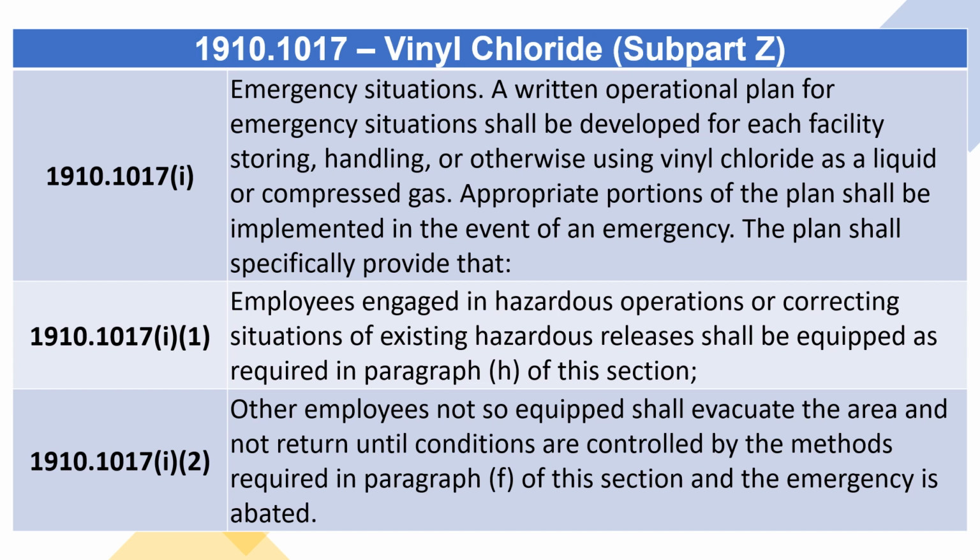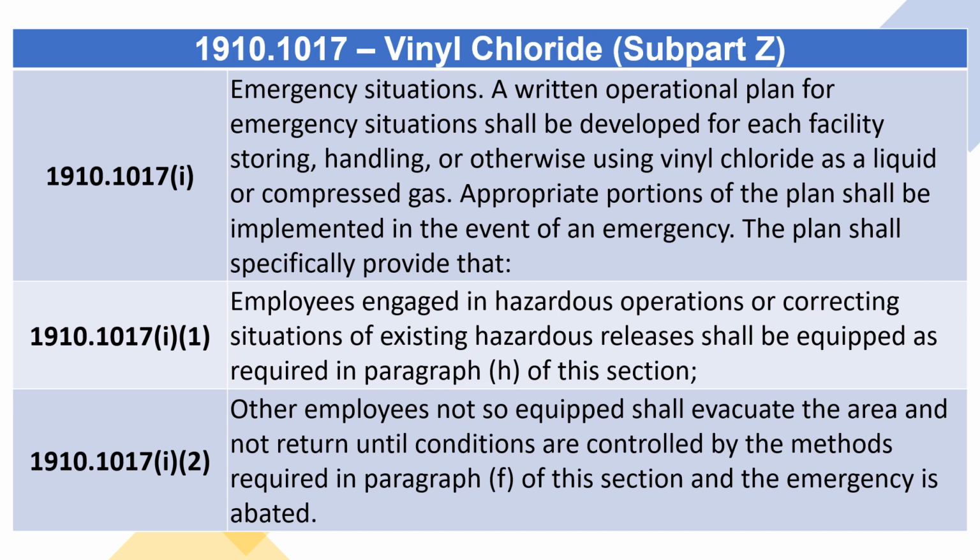1910.1017 I. Emergency situations. A written operational plan for emergency situations shall be developed for each facility storing, handling, or otherwise using vinyl chloride as a liquid or compressed gas. Appropriate portions of the plan shall be implemented in the event of an emergency. The plan shall specifically provide that: